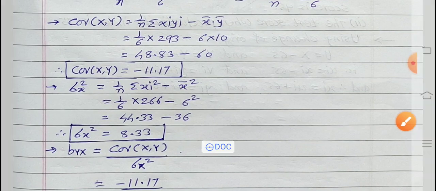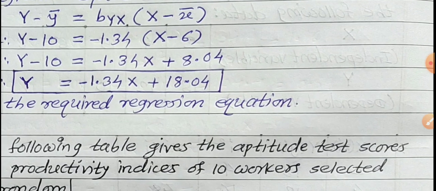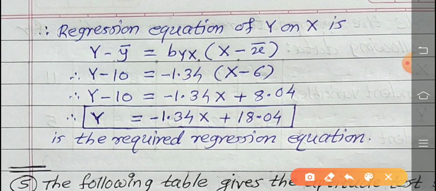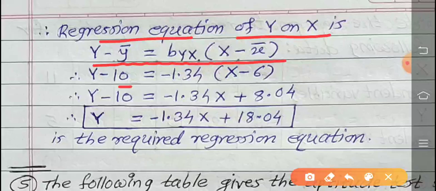So all values we have obtained here. Now see how to find out the final answer. So what do we find out here? We find out the regression equation of y on x, the appropriate one, according to the given information. Write down the formula: y minus y bar equal to what? Byx into x minus x bar. Y bar value is 10. We found the value of byx, minus 1.34. X bar value is 6. So y minus 10 equals, now multiplying minus 1.34 to the x, so minus 1.34x, and minus 1.34